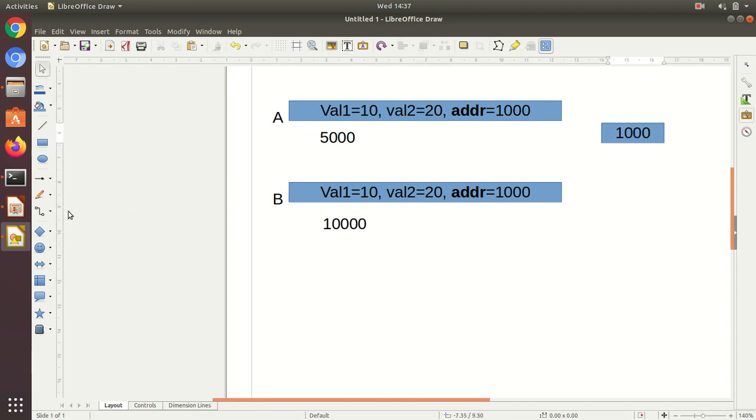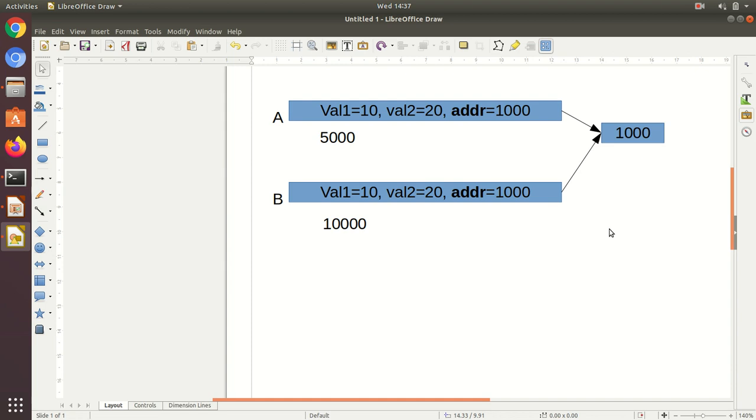So what has actually happened here? The addr variables of both objects are now pointing to this same memory.